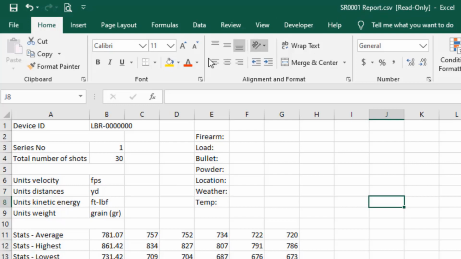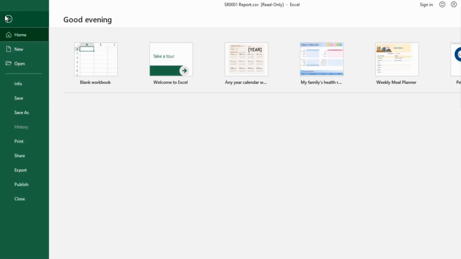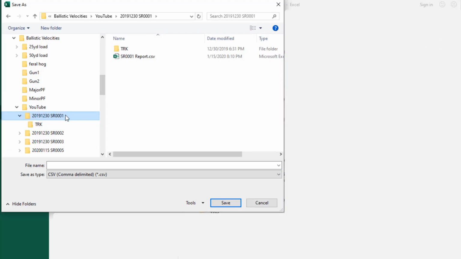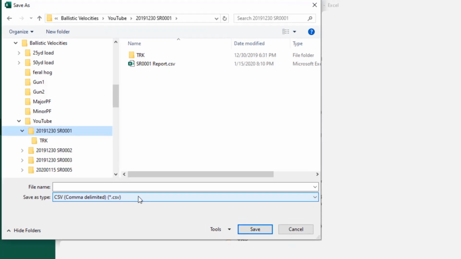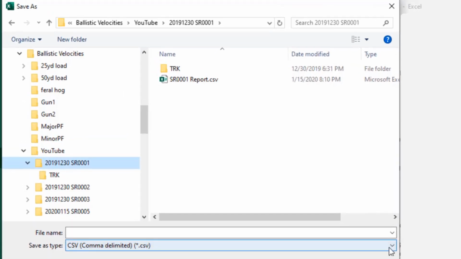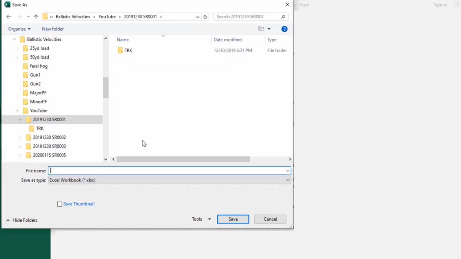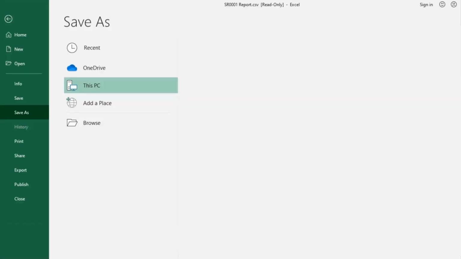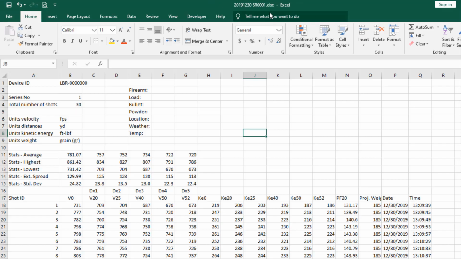To save it, you'd want to click File, Save As, Browse, Folder's highlighted, but it's still showing its type as CSV. So you're going to have to drop down and pick Excel Workbook and then give it a name. And then click Save. All right, at this point, it's now an Excel workbook.